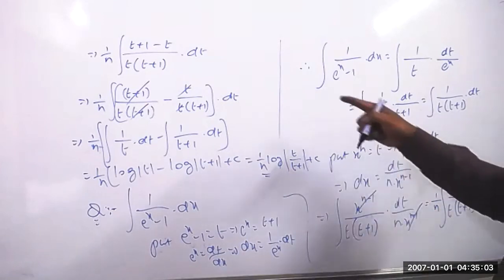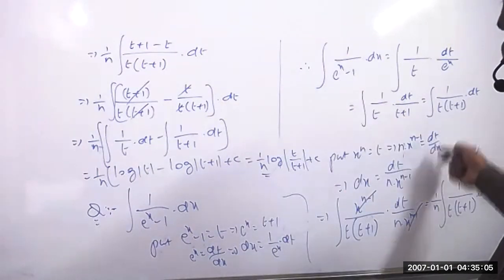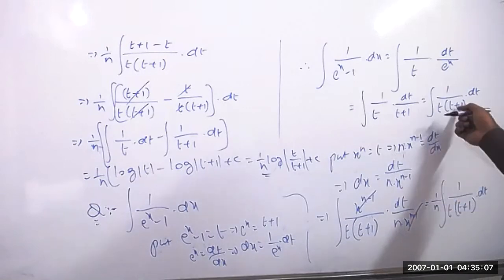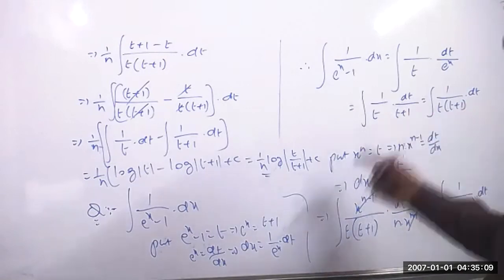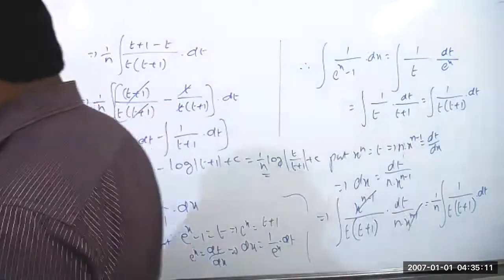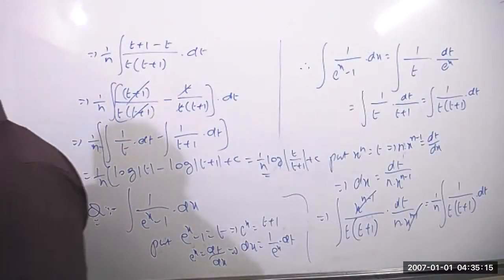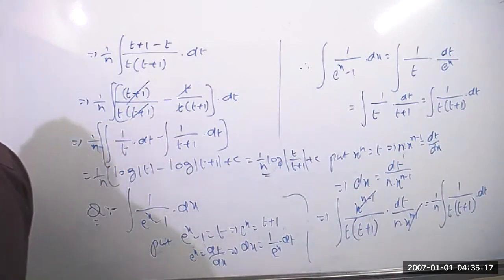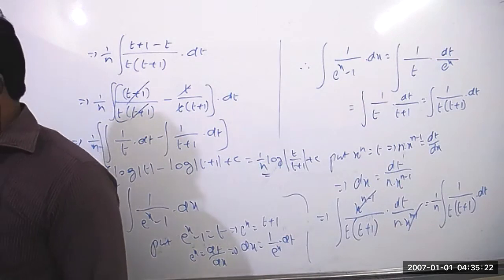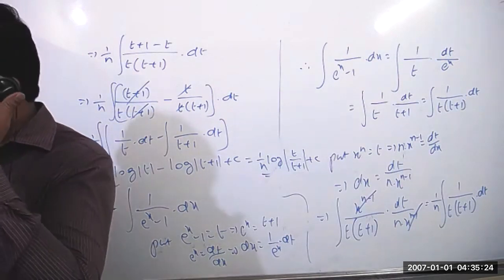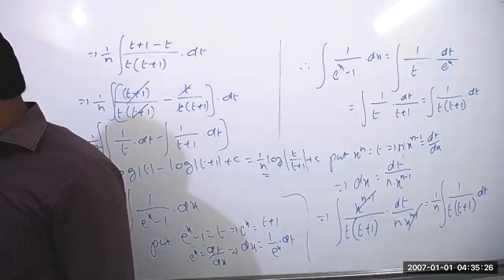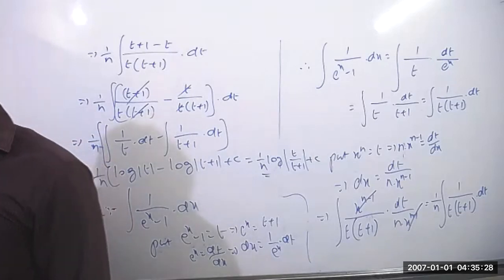And this is already done. Is it correct? The same thing, only now 1 by n is not there, but the rest of the thing will be the same. Then I can follow that. As usual, you can add and subtract t, and I can do the same procedure. At last, you can replace t by e power x. The value of t is generally e power x minus 1. Replace it. Then you will get.